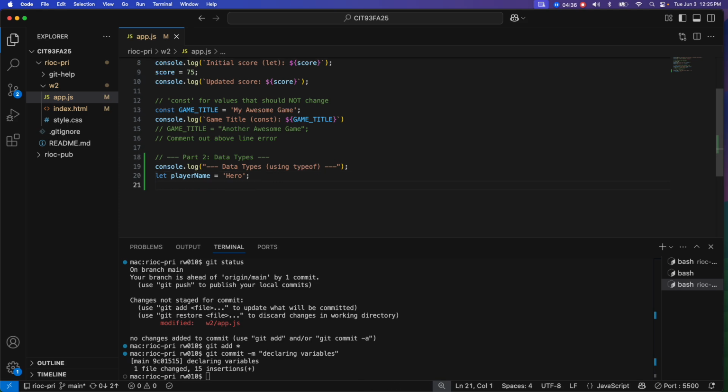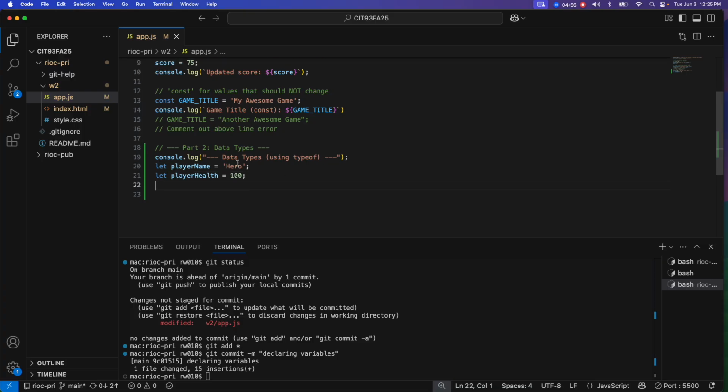So now we've declared a variable, we've assigned it a value. That value is a type, okay? So what type is it? In this case it's a string, and we'll come back and put some content in a minute. And so let's say playerHealth, very common if you're writing a game, is 100. Okay, so now this is a string,